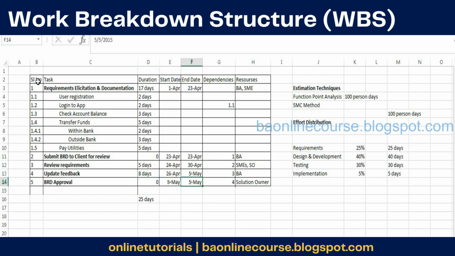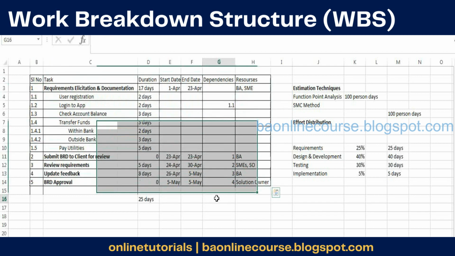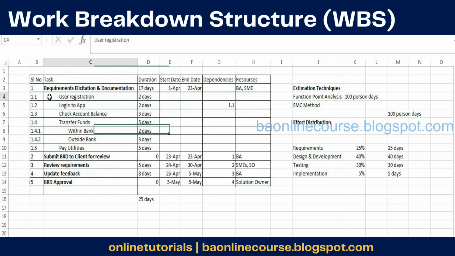Okay. So this is how a typical plan for your requirements would look. Now the tricky part is to identify the efforts for each of these activities, right? Otherwise, the tasks are standard. You first understand and document, you submit it for review, the client reviews, you update the feedback, and finally the client approves the BRD.